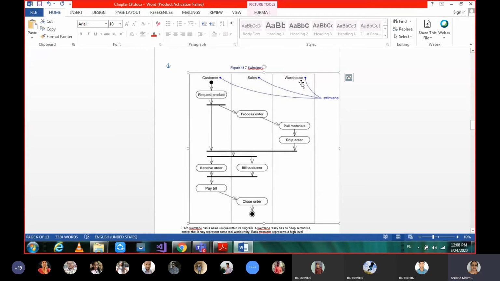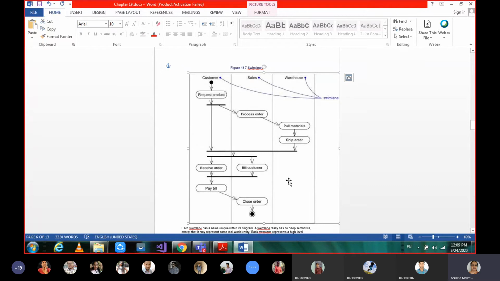And then moving on to warehouse. So warehouse is something like the database. For whatever product the customer is requesting and the salesperson is processing, they need to check whether it is available or not. If it is available, they have to pull that material and ship that order to the customer.